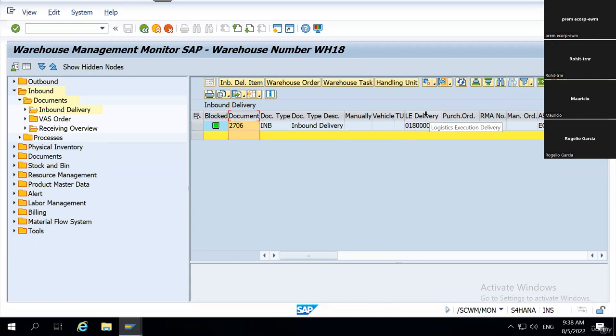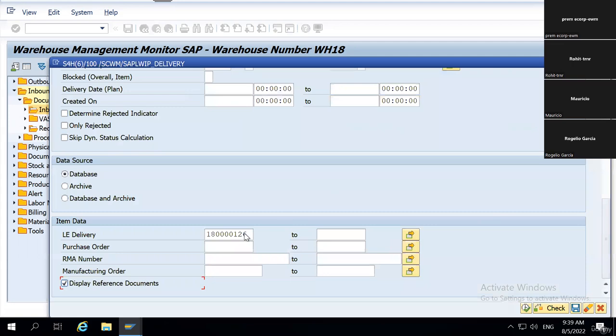Meaning, after you activate that indicator, EWM document number will be the same as the LE document number. The reason is majority of the customers were trying to check for the EWM document with the help of this document. They were giving this document number over here, double click here, rather than giving it in the LE document field,